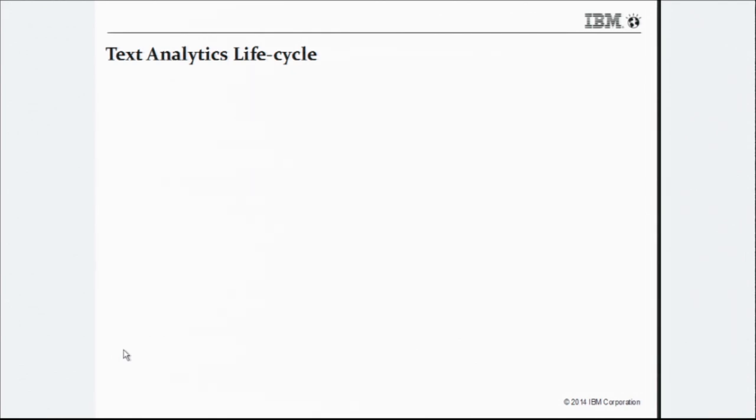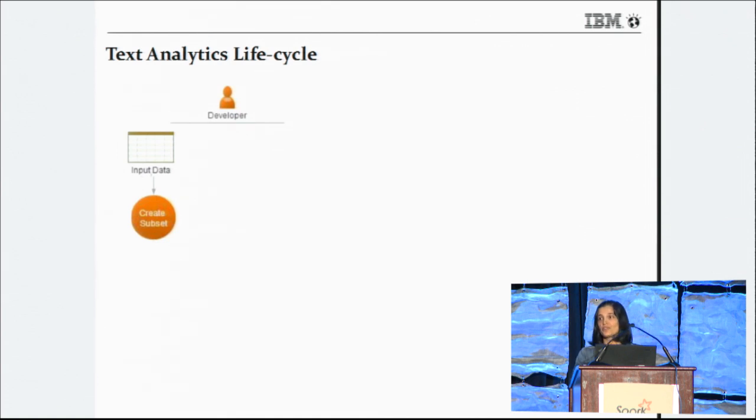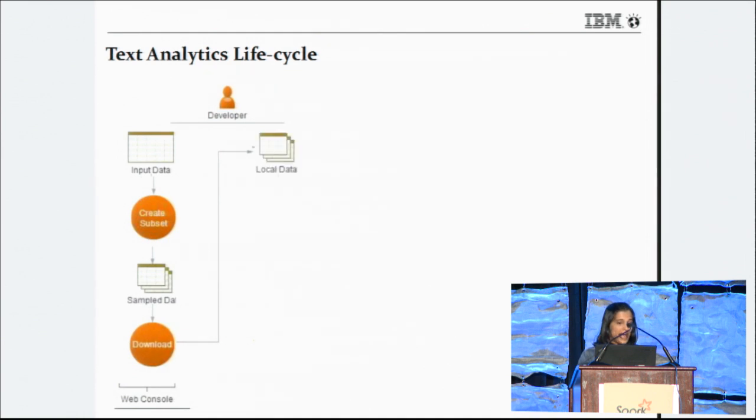So to sum it up, the life cycle of a text analytics application, from a developer's perspective: you're going to start with your input data. Now, your input data probably would be large. So when you start with it, you're going to try to create a subset of it. You're going to use sampling to create a subset of this data so you can download it towards your local workstation. And we have our BigInsights web console, which has this feature. Once you have a subset of the local data,